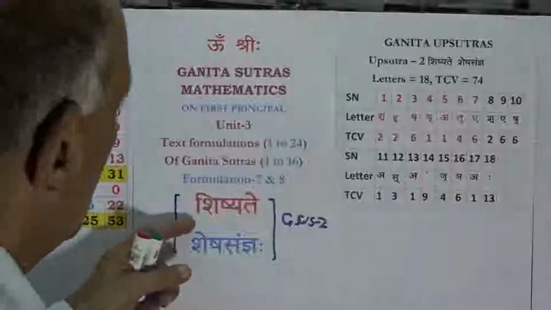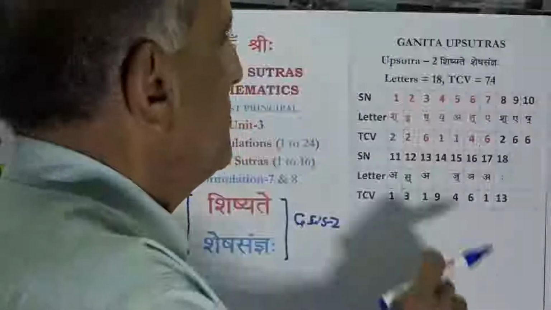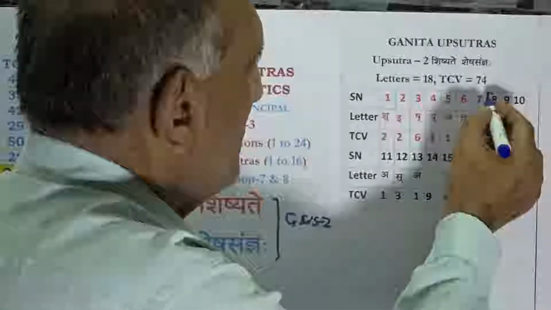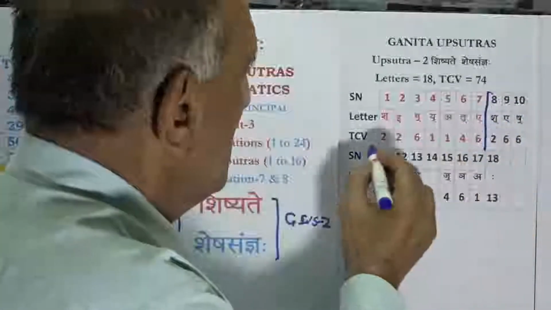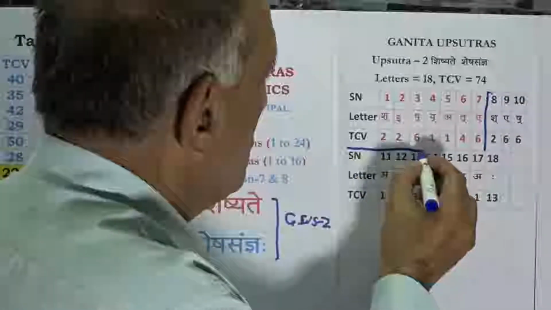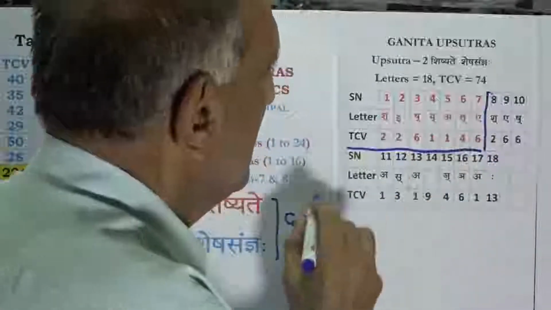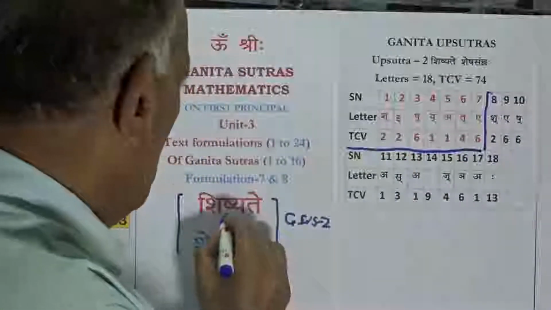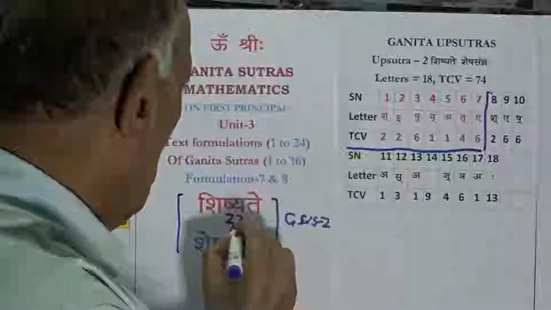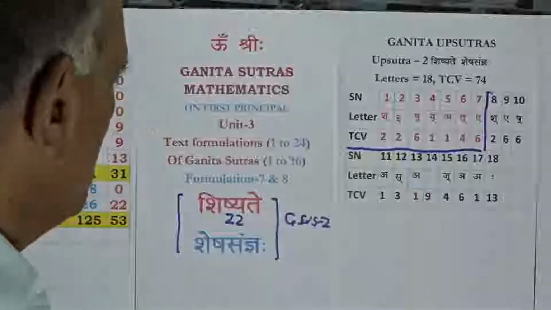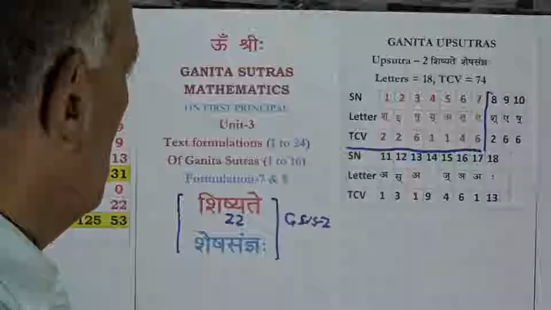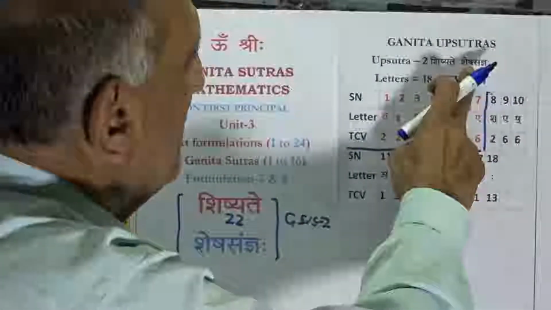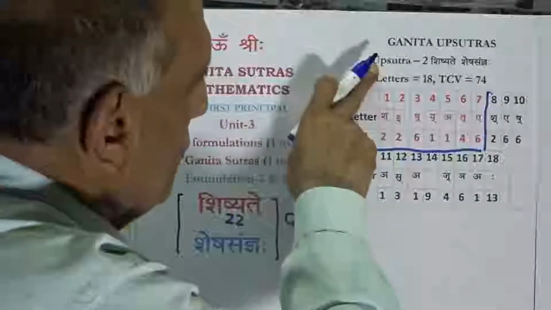Formulation Shishyate is a scripture of 7 letters. These 7 letters accept TCV values 2, 2, 6, 1, 1, 4, 6, with a summation value 22. So Shishyate formulation is accepting TCV value 22, while the Shesha Sangya, the second formulation of Ganita Upsutra 2, is